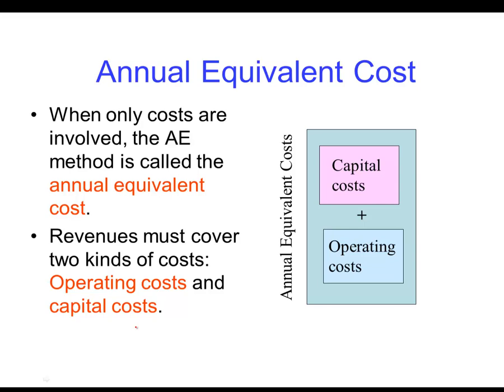Usually in a project or in a company, we either look at the cost or the profit. The cost of the project or the profit coming from that project. Usually we are trying to either minimize the cost or maximize the profit. So when dealing with only costs, the annual equivalence method is called the annual equivalent cost, which includes operating cost and capital costs. Now when you say capital cost,